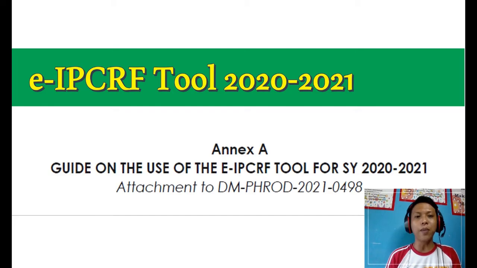Of course, I am using the guide on the use of the E-IPCRF tool for school year 2020-2021, which is in Annex A of the attachment to DM-PHROD 2021-0498. So I guess we should start with the step-by-step guidelines in the use of this E-IPCRF tool. So in the annex, we can see different steps. So we will start with,